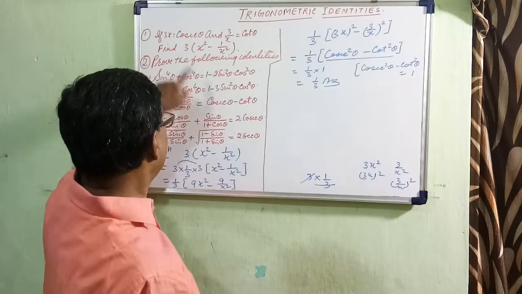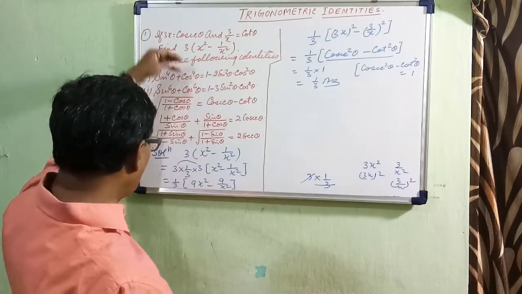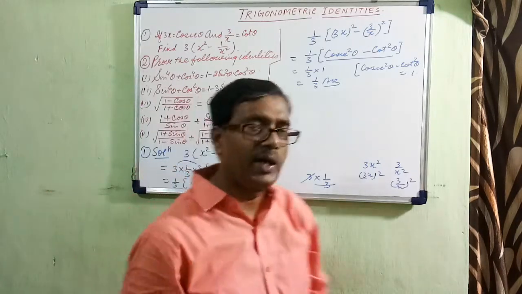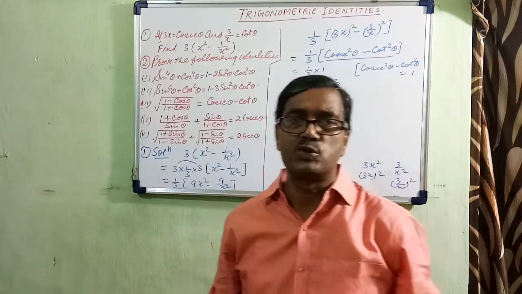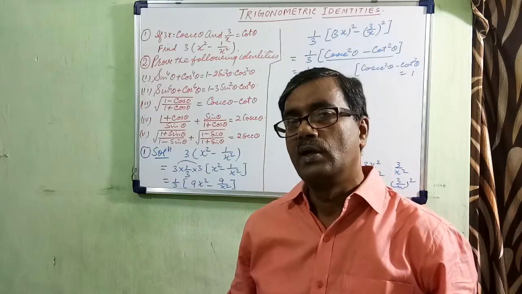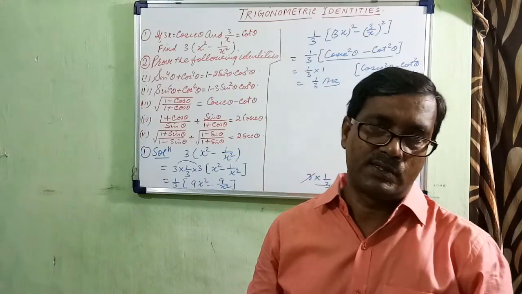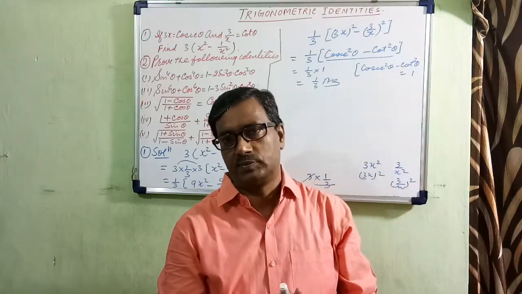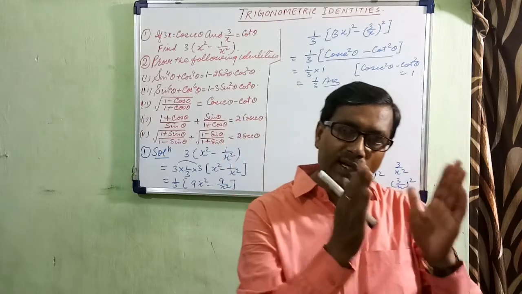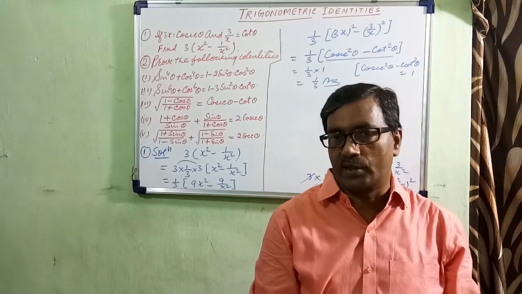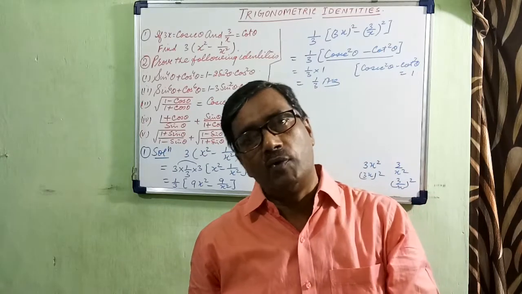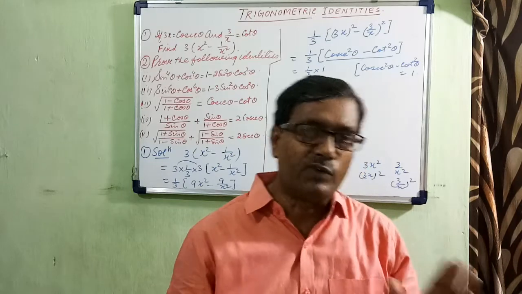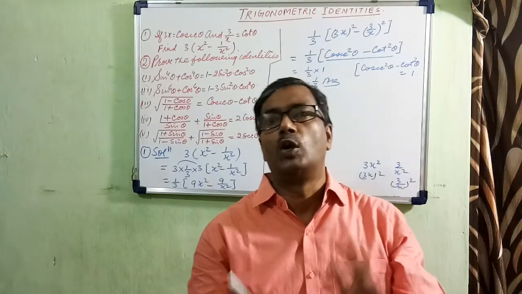And then let us see the second one. For all the remaining questions, all these identities, I have told you that it is very essential to remember all the identities. There are 3 types of identities. One, where we go with only LHS. Second, we simplify LHS to a certain extent, then go for RHS and simplify to a certain extent, and compare whether the simplified forms of LHS and RHS are equal or not.